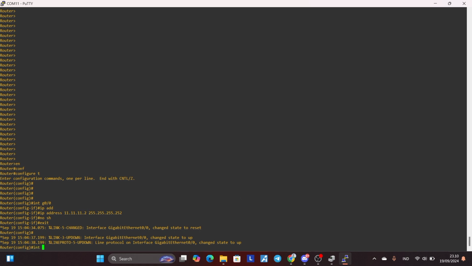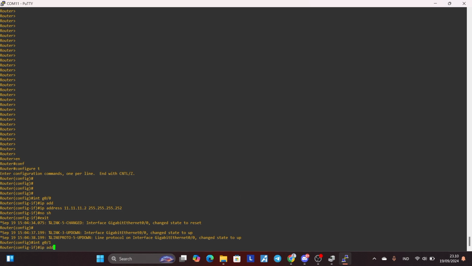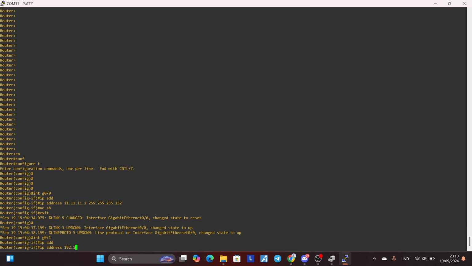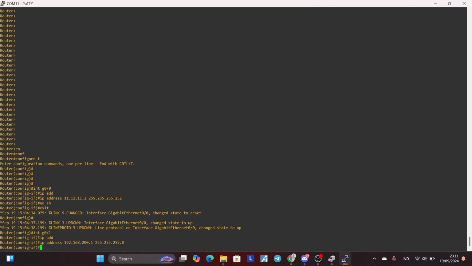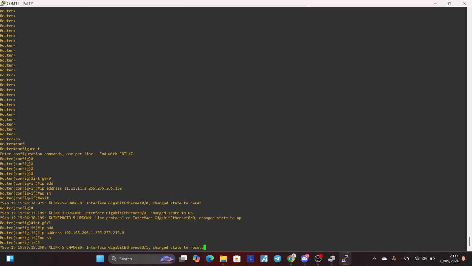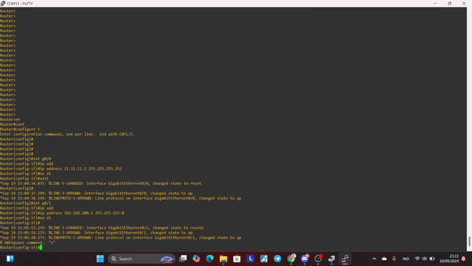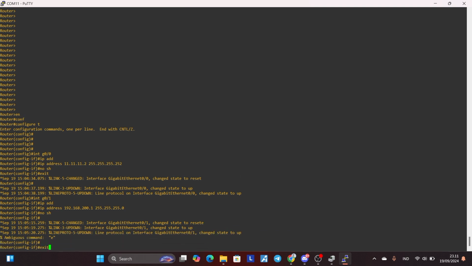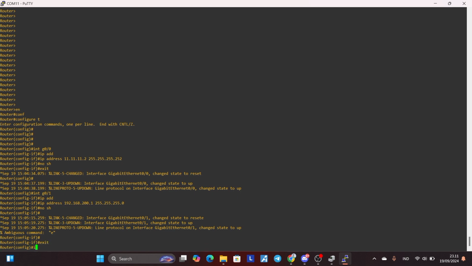Now I enter interface G0/1, and I add an IP address, and this is the IP from my device or my switch, and this is the subnet from the IP, and I type no shutdown, and I exit the interface. I exit the interface mode,